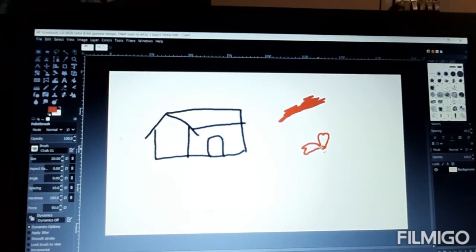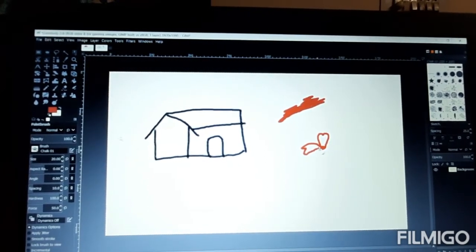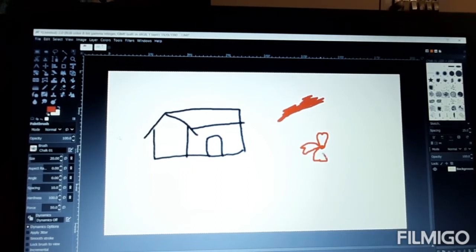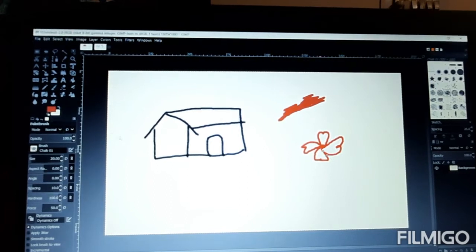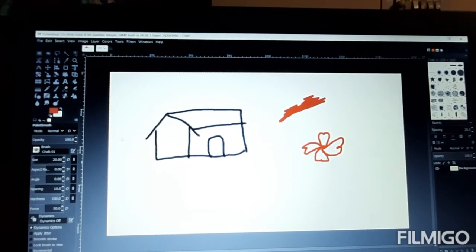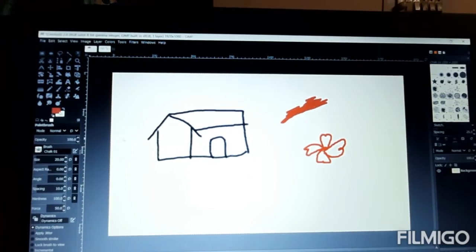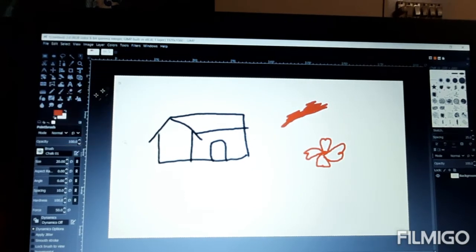Just press the mouse and just draw the flower. Okay, now if I want the leaf also, a green color leaf, I'll go on the foreground color.